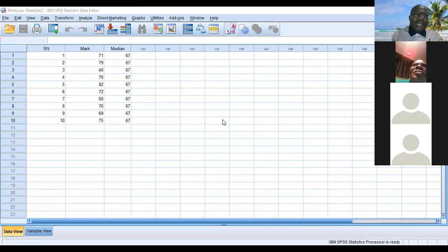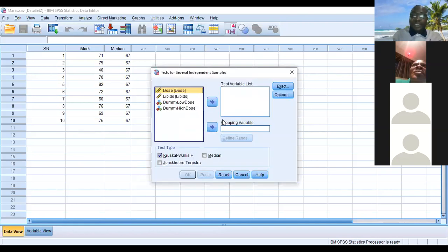So go to Analyze, Nonparametric Tests, Legacy Dialogs, K Independent Samples. Libido is the test variable. The group variable is the